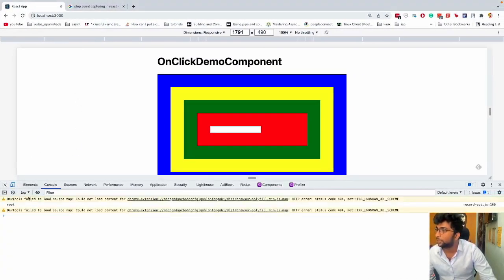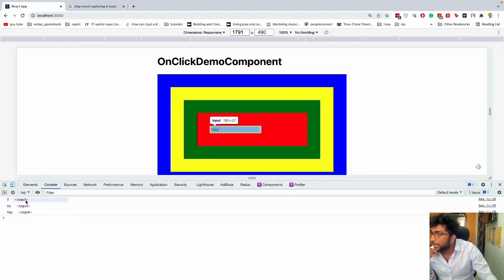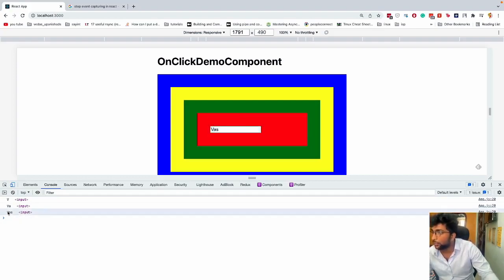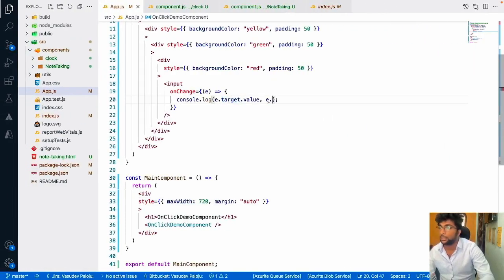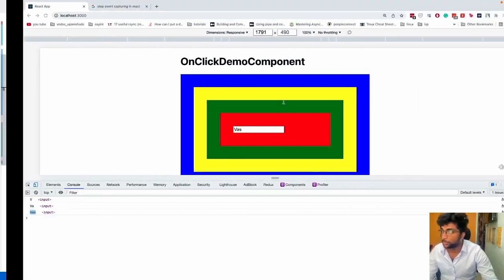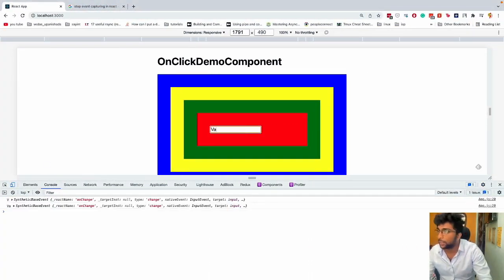I refresh the page, click on it and change some value. See, whenever I'm changing, the onChange event is getting fired, and e.target is technically the input field. The target is technically the input field, and e.target.value is the value which I am entering. If I just console.log the entire e object and enter some value,